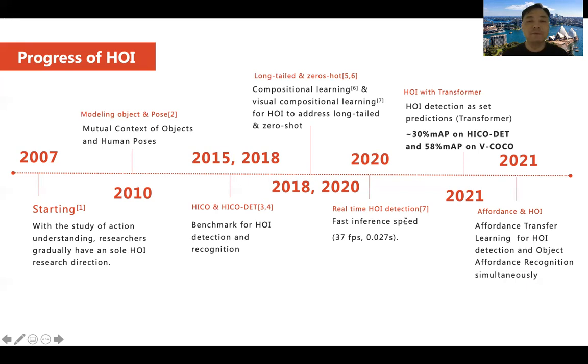At the same time, we present an affordance transfer learning framework for HOI detection and object affordance recognition. We present a way to exploit a broader source of data for HOI detection, and meanwhile incorporate the HOI detection network with decomposed affordances to infer the affordance of novel objects. Interaction can be regarded as a human perspective of HOI, where affordance is an object perspective of HOI. Affordance transfer learning constructs a new bridge between HOI and object understanding.